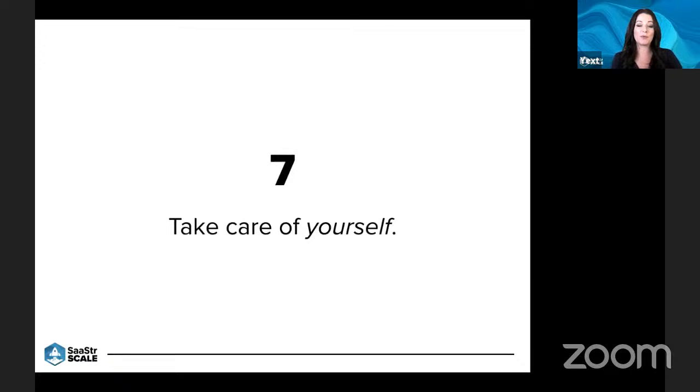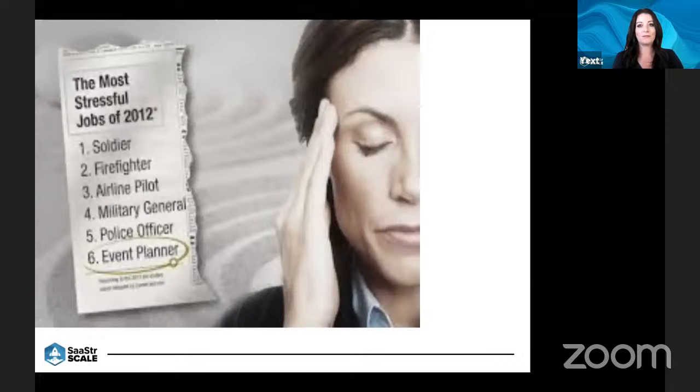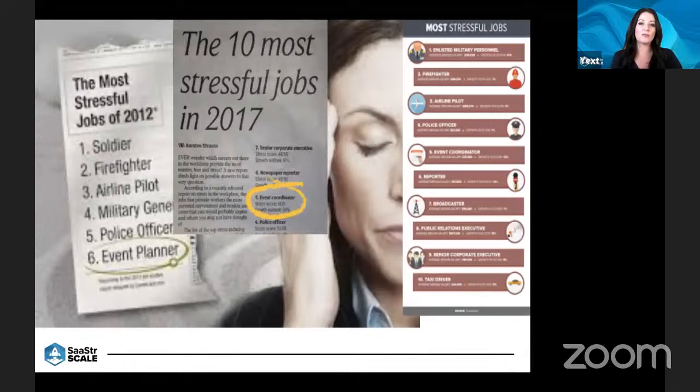And it's also really important that you take care of yourself. In this world, we often see that those that are in events, this is one of the most stressful jobs that's out there. There's a lot to manage. The saying, anything that can go wrong will. And it's really important, as you see some of these articles that Sasha will click through, that you think about